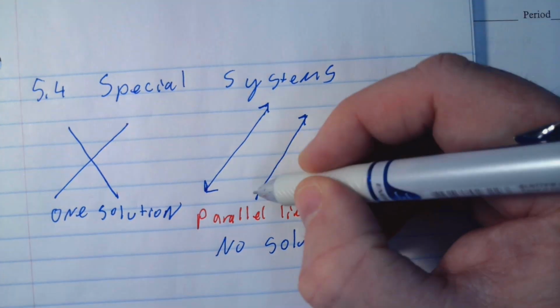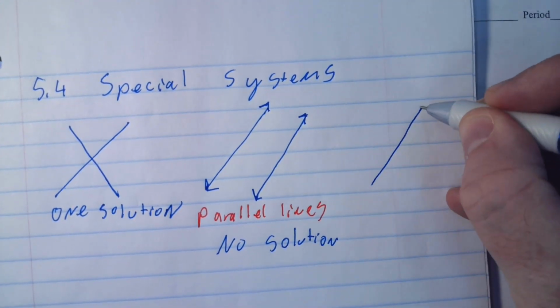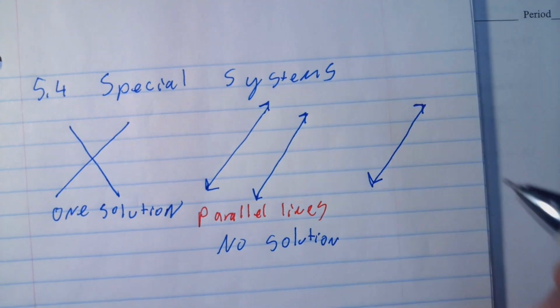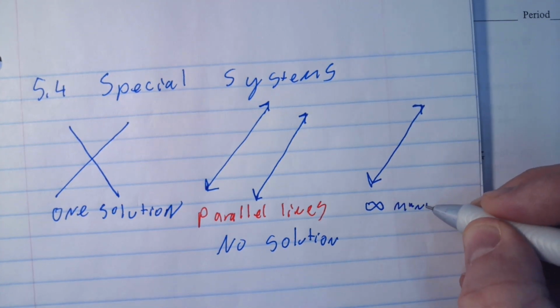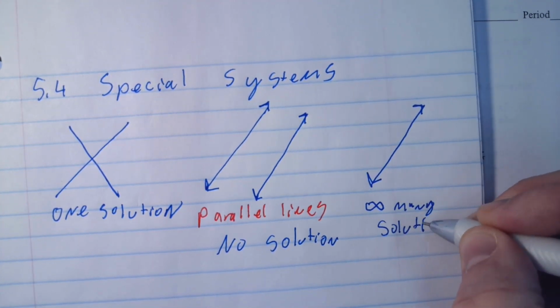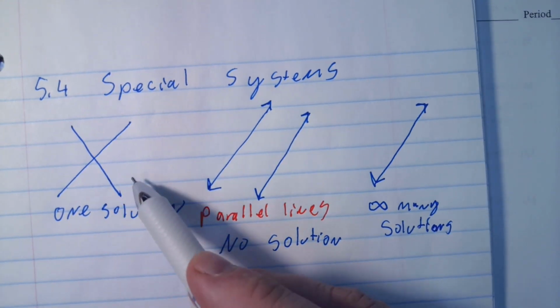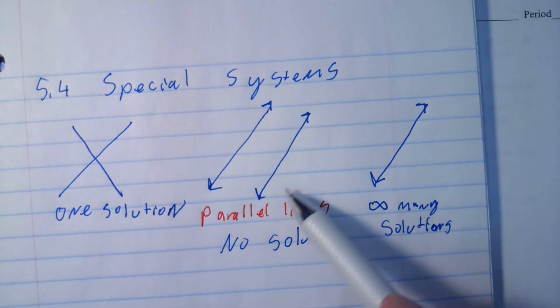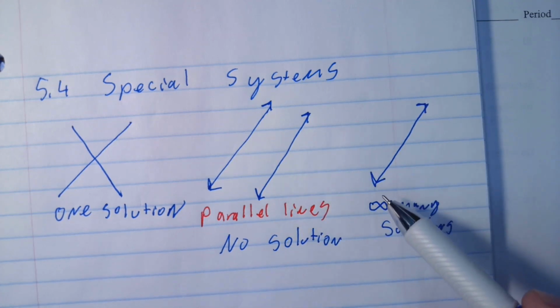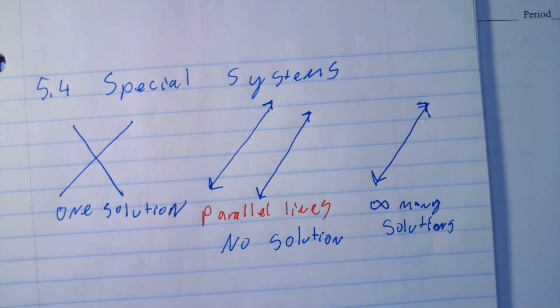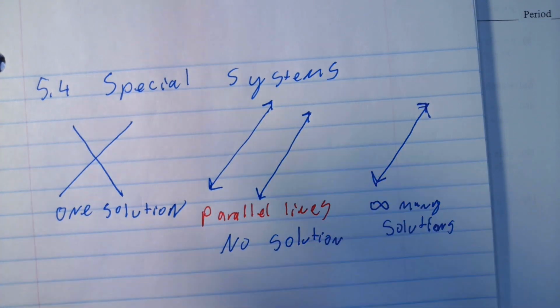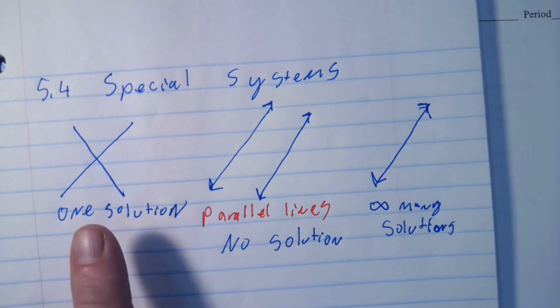Okay, now what I want you to figure out, and I'm going to draw one line. I want you to draw another line that we're going to have infinitely many solutions. Okay, so in this scenario, you get one solution because X marks the spot. In this scenario, you get no solutions. So how can I draw a line to get basically more than one solution? I want you to not say it out loud, and then I'm going to let you do it in a second. I want you to all try it and see if you can figure it out, and then I'll let you say it. Obviously, these 2 are going to be the special ones. This one is not special. It's the regular one.